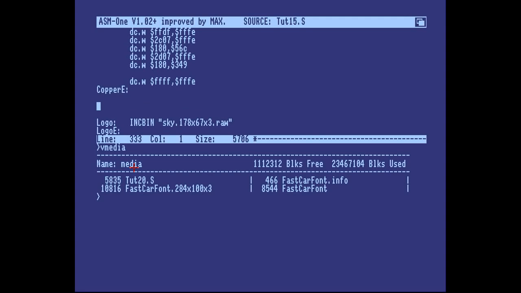It's completely unnecessary unless you needed some time to check the size of the copper, for example. Then it's easy to type copper E minus copper to get the size. So imaginatively